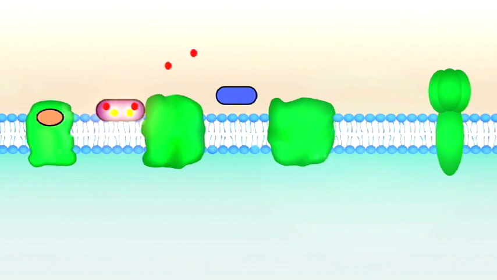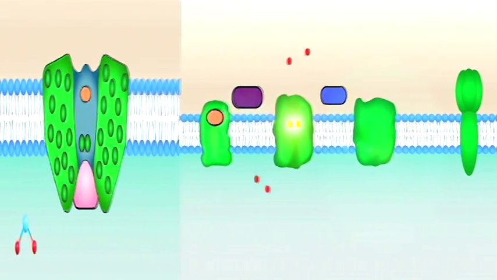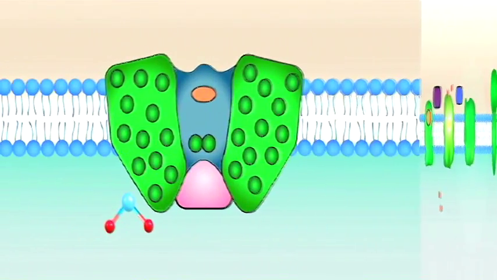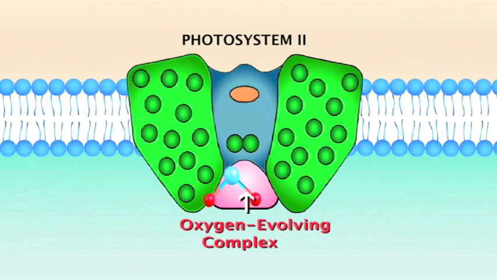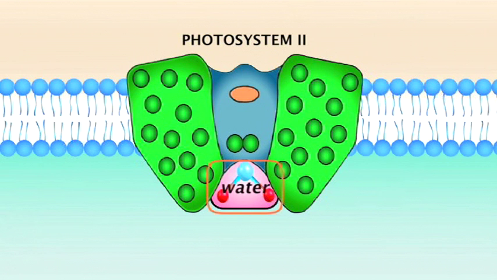At the same time the cytochrome complex is busy pumping protons and transporting electrons, water is being enzymatically split in a specialized part of photosystem II called the oxygen evolving complex. The splitting of water results in the production of 2 hydrogen ions or protons, 2 electrons, and 1 oxygen atom. The electrons released by this process are used to replace the electrons that were donated by the pair of reaction